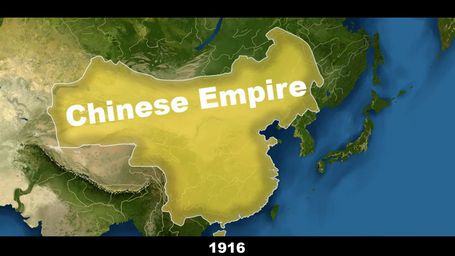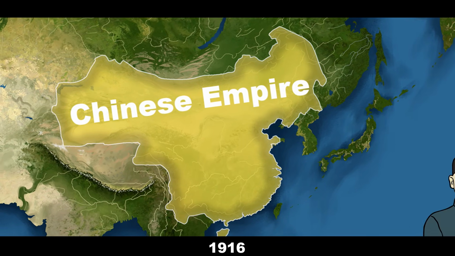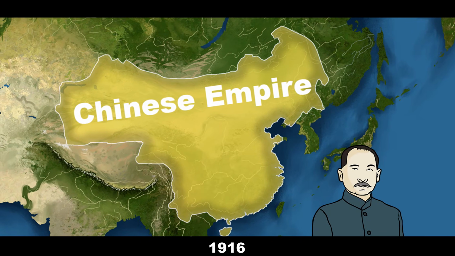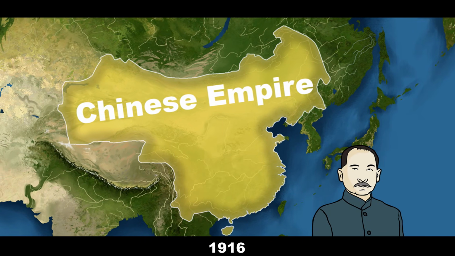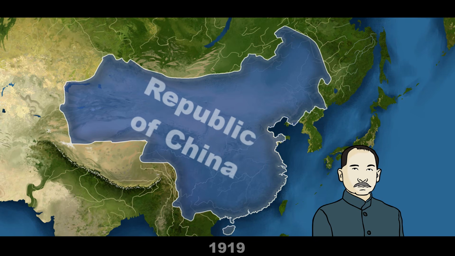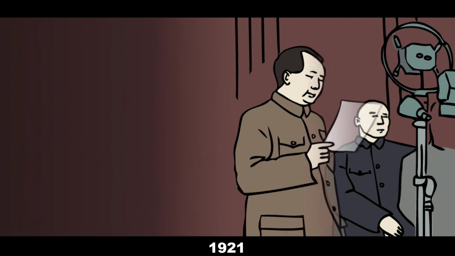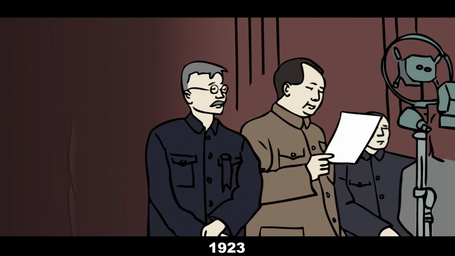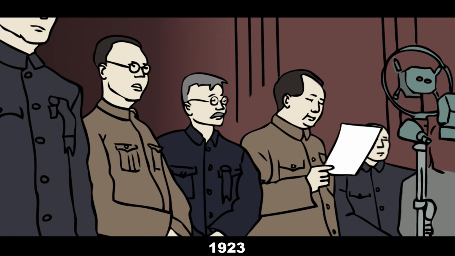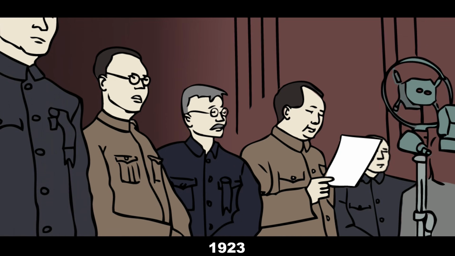control of local warlords. After Yuan died, Sun Yat-sen returned to China, and at the helm of the nationalist Kuomintang party, was able to take power and impose yet another military government in 1921. Shortly after, in 1923, they sealed cooperation with the Communist Party of China, or CPC, in exchange for assistance in